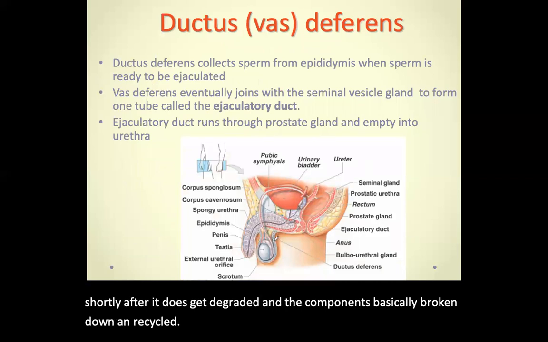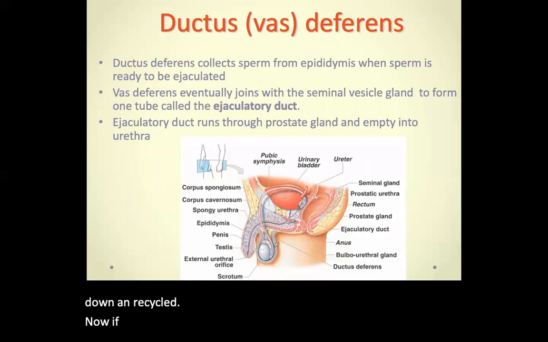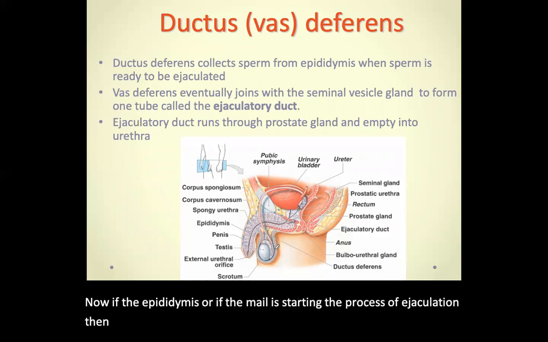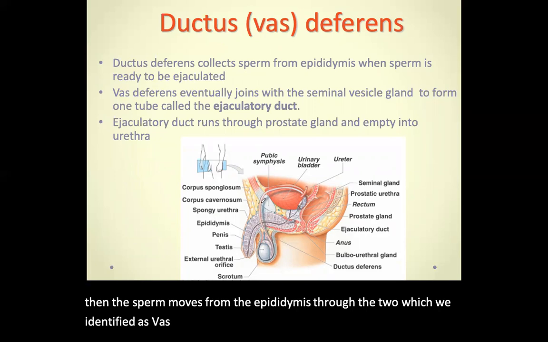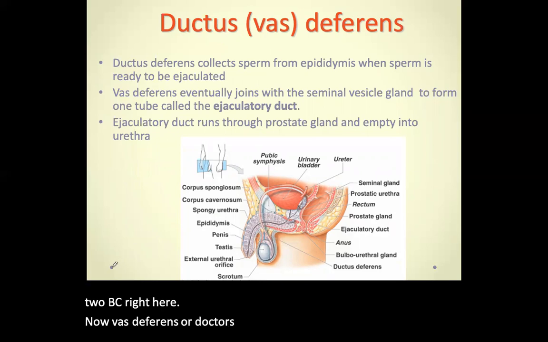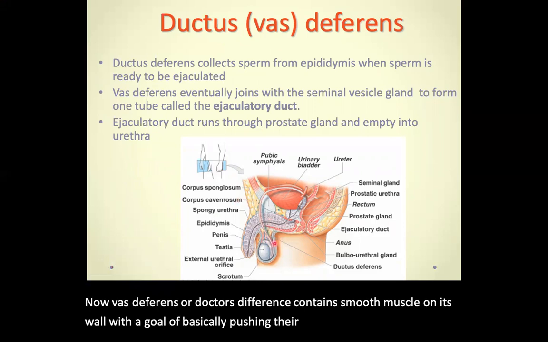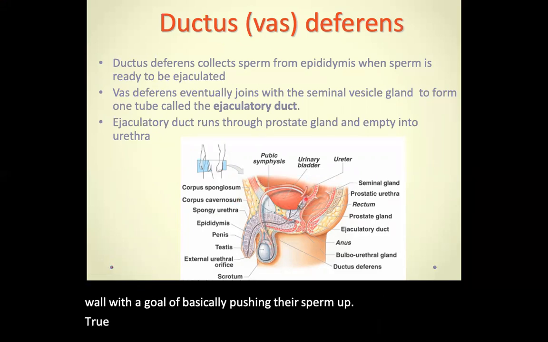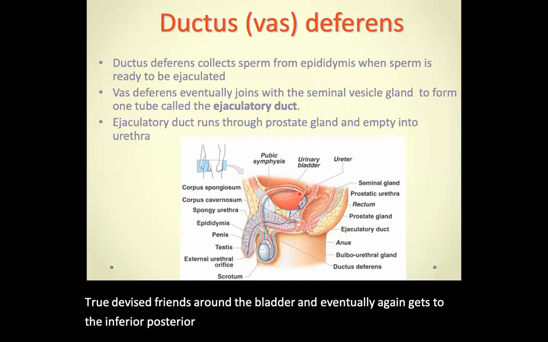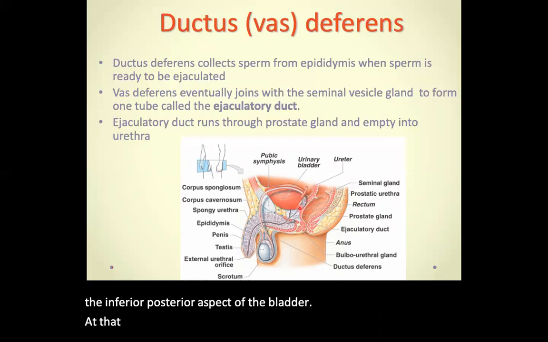Now, if the male is starting the process of ejaculation, then the sperm moves from the epididymis through the tube which we identified as vas deferens or ductus deferens, which is the tube you see right here. Now, vas deferens contains smooth muscle on its wall with a goal of basically pushing the sperm up through the vas deferens around the bladder and eventually it gets to the inferior posterior aspect of the bladder. At that point, the vas deferens tube merges with the tube that is coming from the seminal vesicle